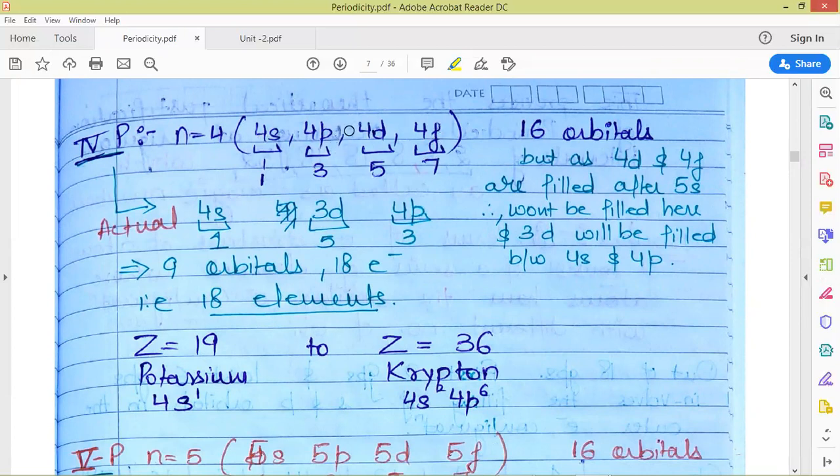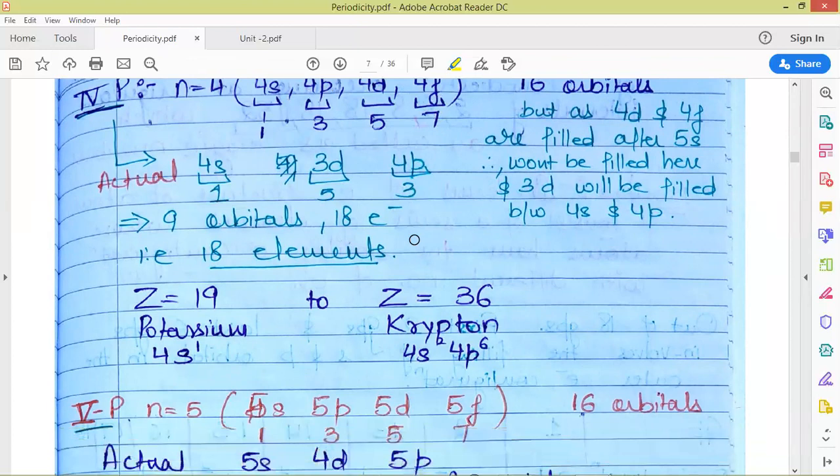But as we all know, 4d and 4f orbitals, that is 4d and 4f subshells, based upon the energy level diagram, are filled after 5s. So these will be filled after the introduction of 5s, that means the fifth period. So here the shells which are actually filled are 4s, 3d and 4p. This is decided based upon the combination of the energy level diagram and the principal